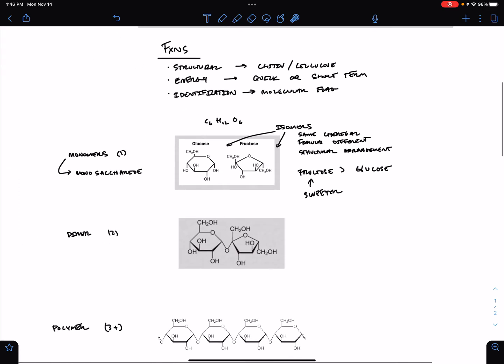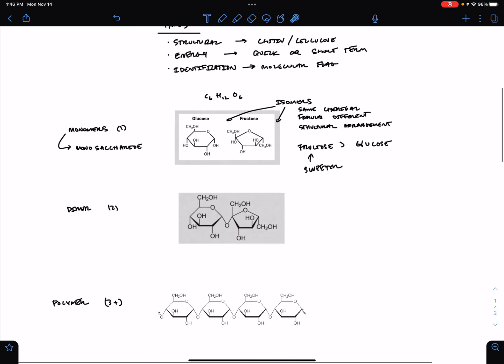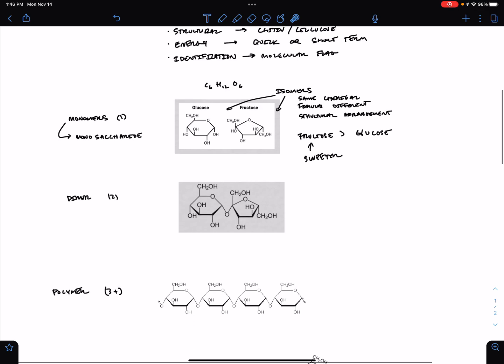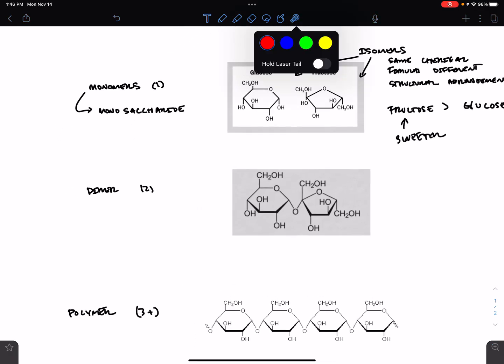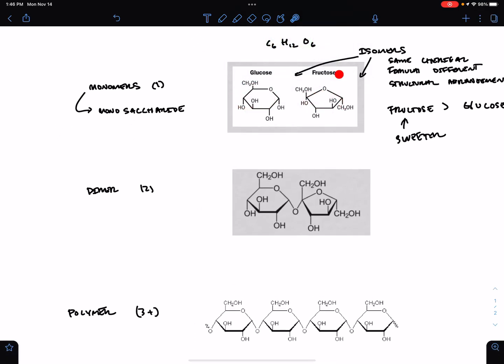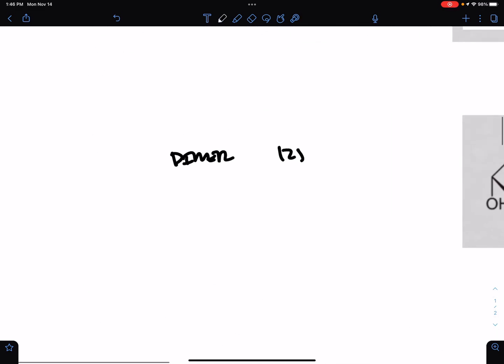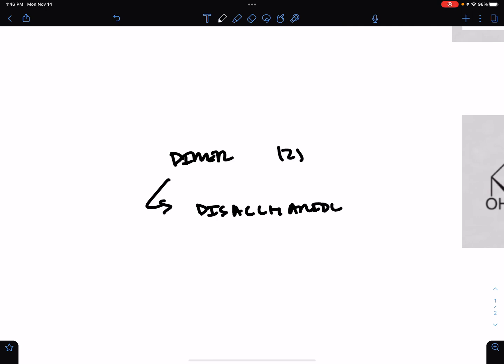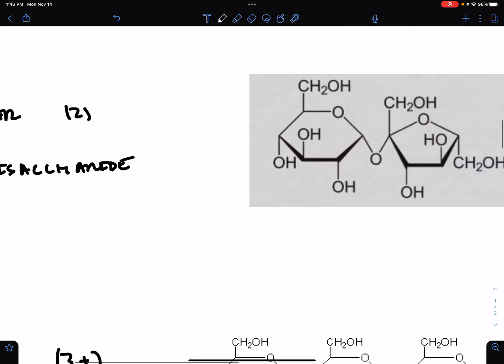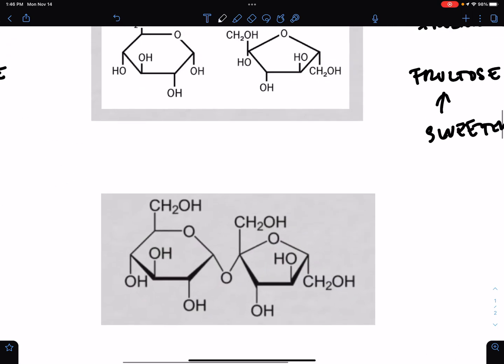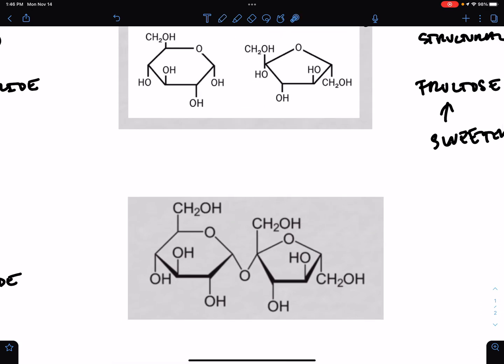Okay, so that is our monomer of carbohydrate. Our monosaccharides are glucose and fructose. They're the most basic units of a sugar. Okay, a dimer of a carbohydrate is called a disaccharide. And our example of a disaccharide here is glucose and fructose put together through a reaction that we're going to